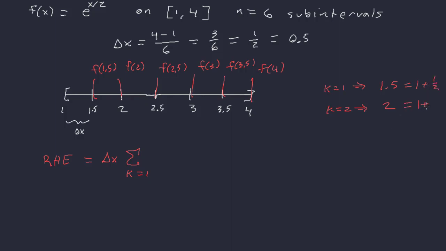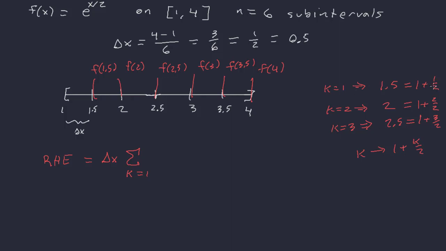And this is actually 1 plus 1, or 2 halves. Okay? And when I plug in k equals 3, I'm going to want 2.5. So that would be 1 plus 3 halves. Okay, so I think I found my pattern here, that it's actually k needs to go to 1 plus k